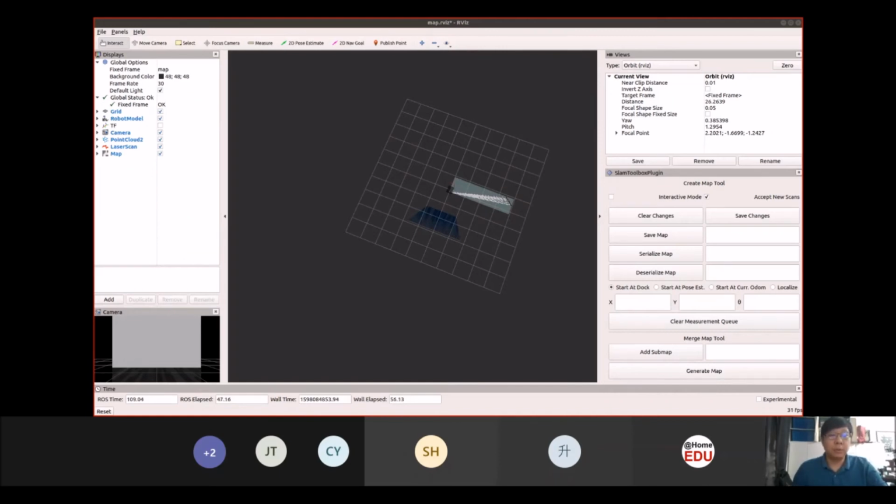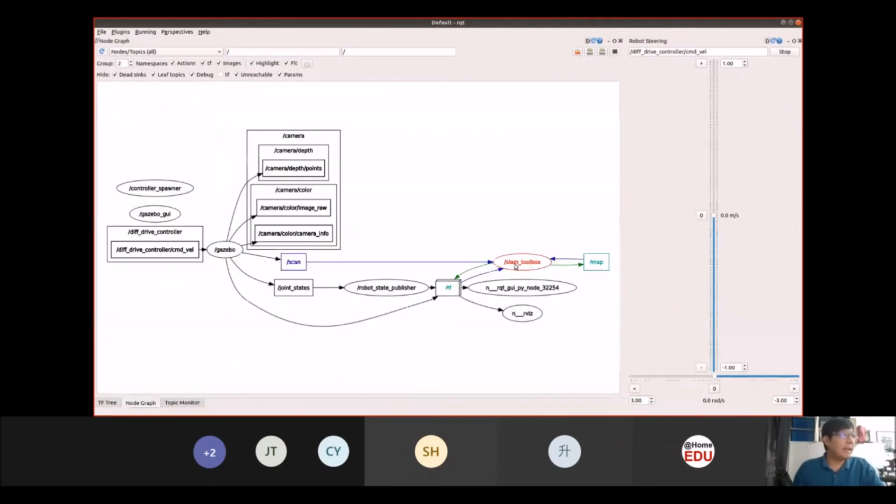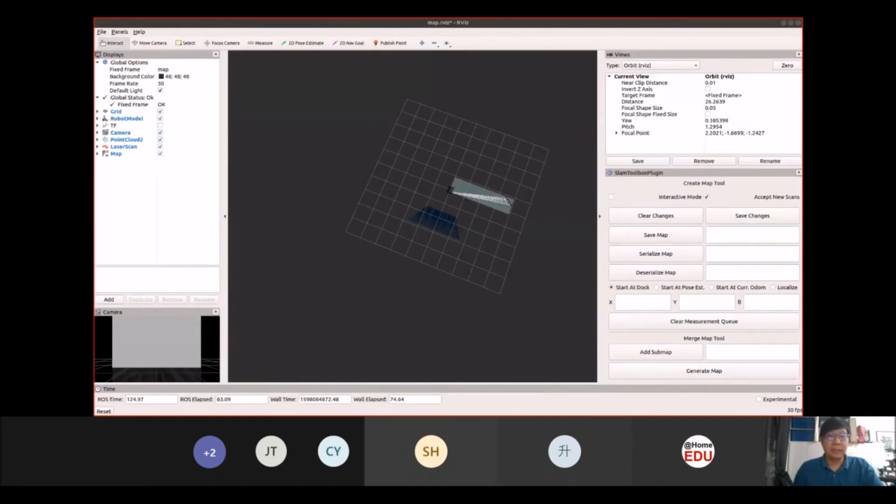Once you have built the environment itself, you can see that your robot can interact with the environment. I'm using a SLAM toolbox for SLAM, and when I drive it around, I can use the scan to create the map over here.